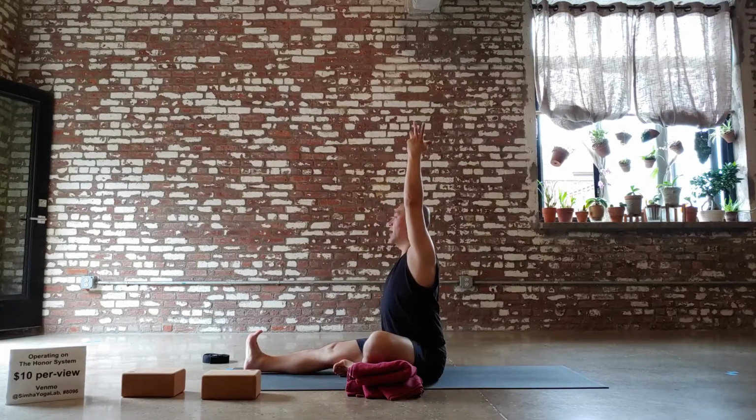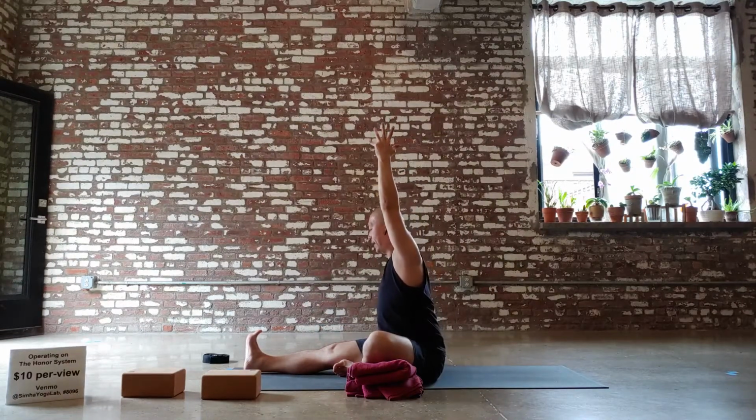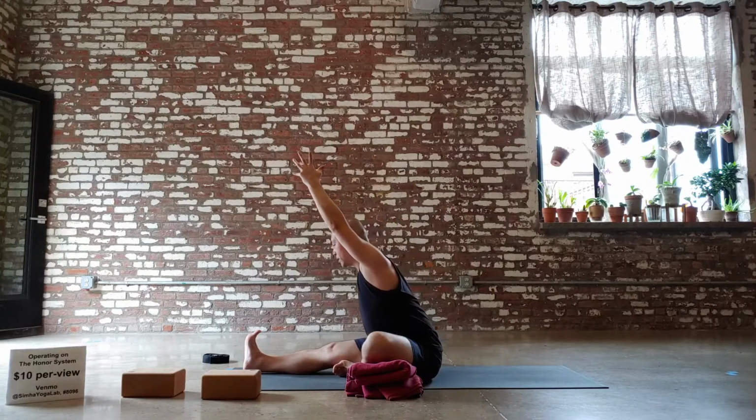Right hand down, left arm up. Again, elongate on the inhale. Exhale, slightly rotate to the right, so you're lining up your torso over the right leg. Come forward with a straighter spine, as far as you can go. Then once you hit your max and you feel like you're beginning to round, and you have to stop,